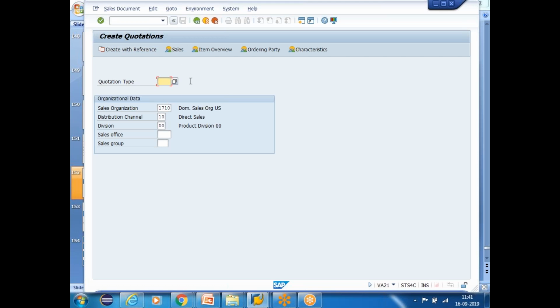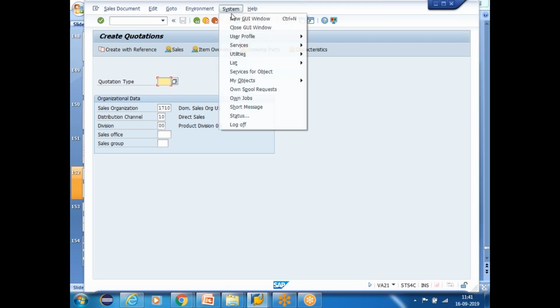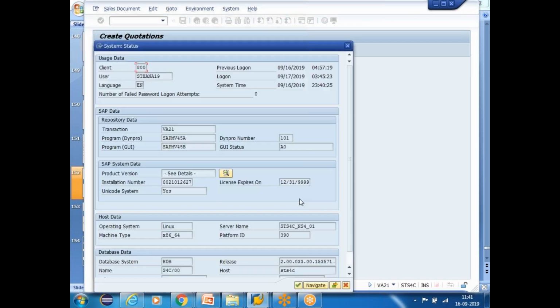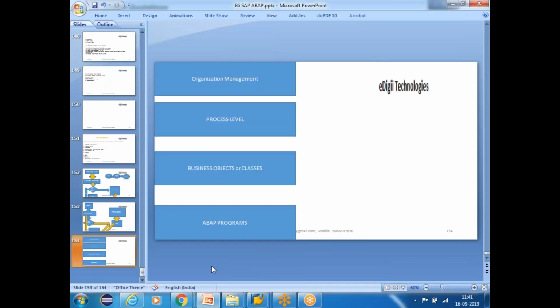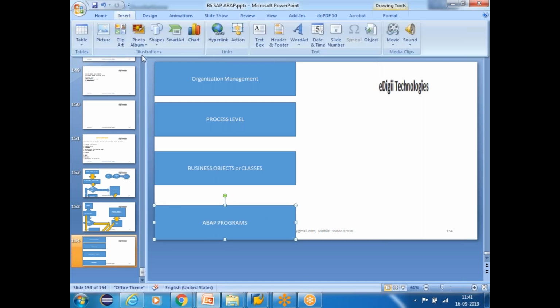So whenever I create a quote with this transaction, what is behind this transaction? There is a program, guys. That's why I start from ABAP programs. So my workflow starts from the ABAP program. Whenever the quote is created, I am going to start a workflow, guys. So the ABAP programs will use